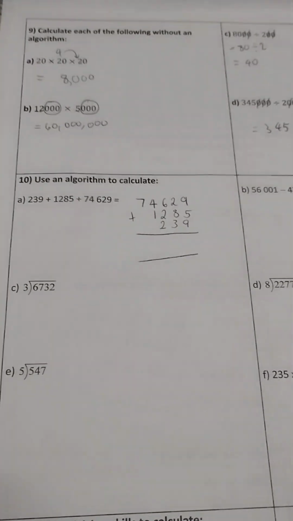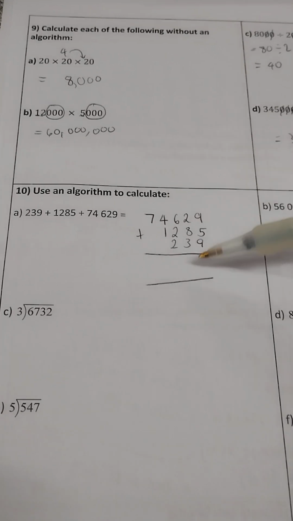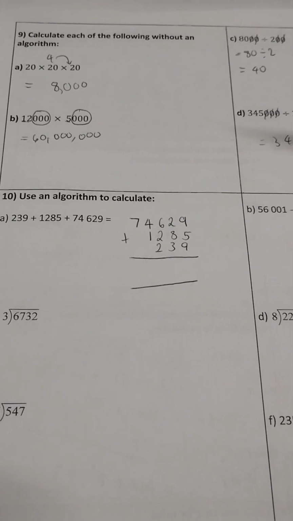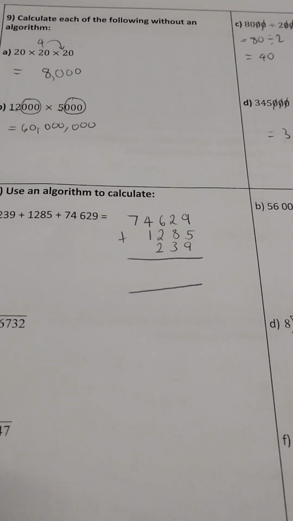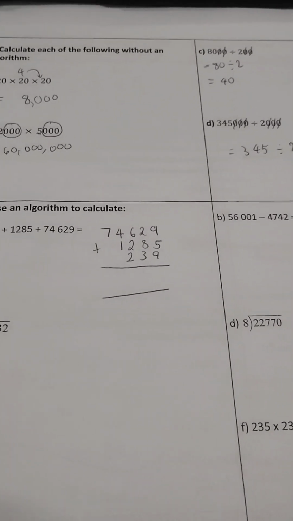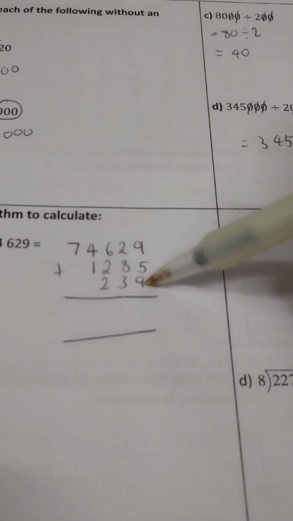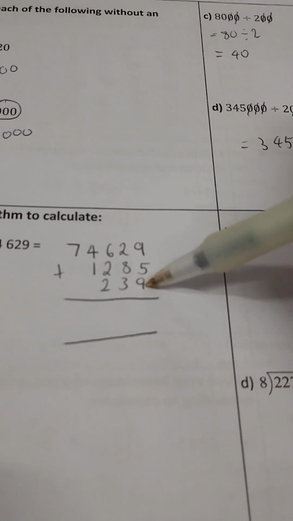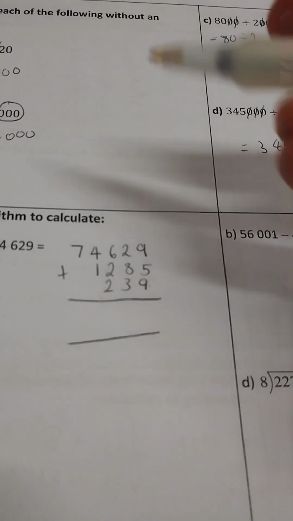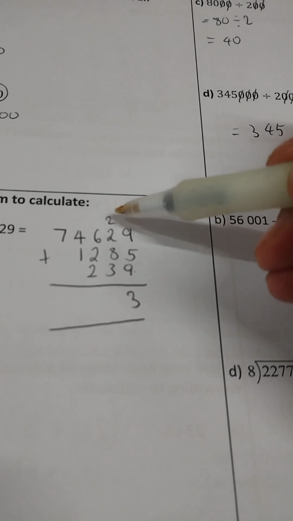All right, with 10A, I already set up my algorithm. I like to have my larger numbers on top. When adding, it doesn't actually matter which order because we know the associative law and commutative law applies. We still get the same answer. So just add all of these up. So 9 plus 9, I get 18, plus 5 is 23. Add the 2. And I've got